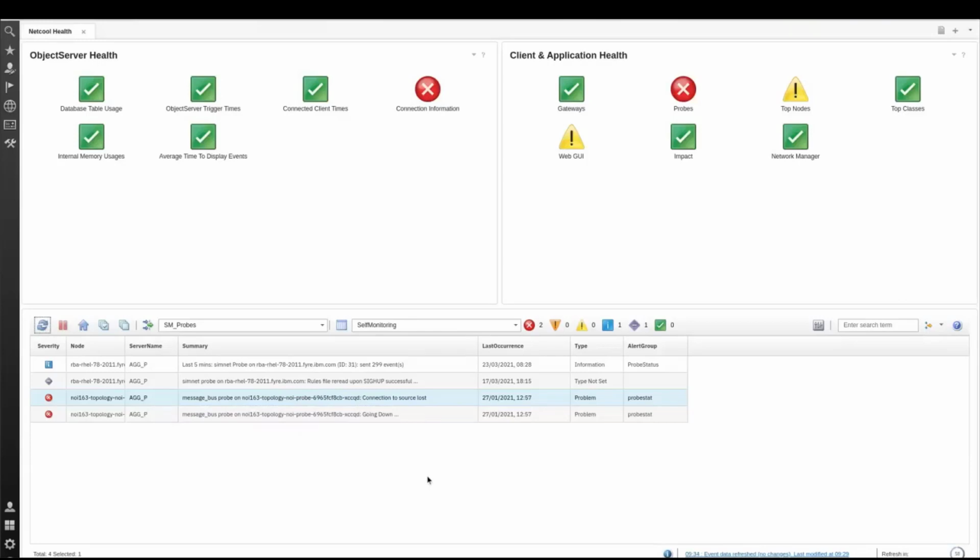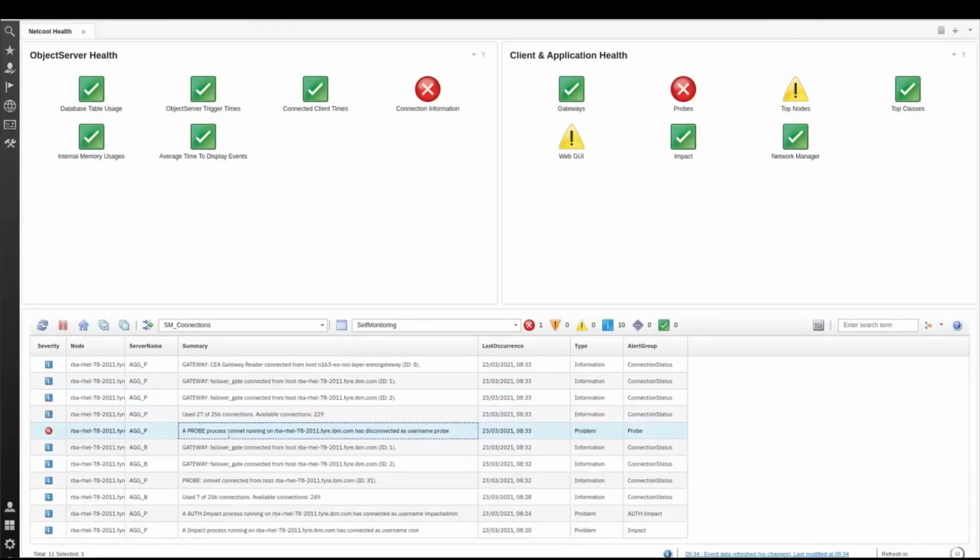And we're using the Simnet Probe because it's included in any native Netcool installation. So you have it out of the box. So it's quite easy for us to set up and show. And also for anybody else who wants to replicate this kind of scenario in a demo environment or a lab environment for self-training. We now have the problem record here in our health dashboard. We can see that a Simnet Probe running on our system has disconnected. And I'm going to take the role of an operator